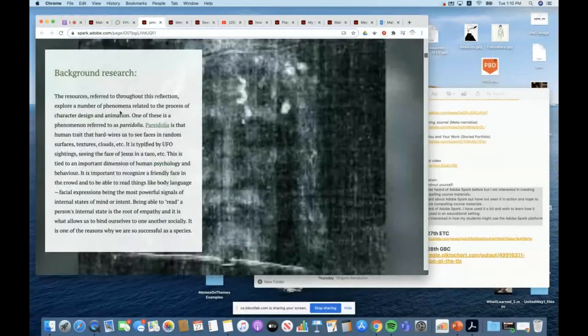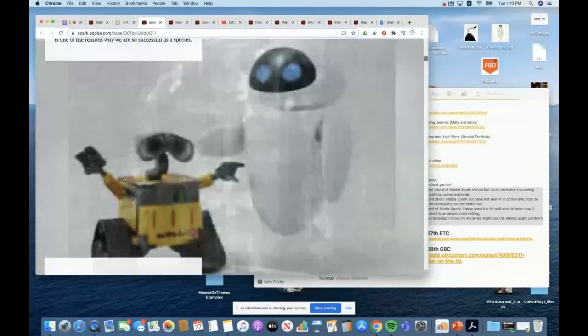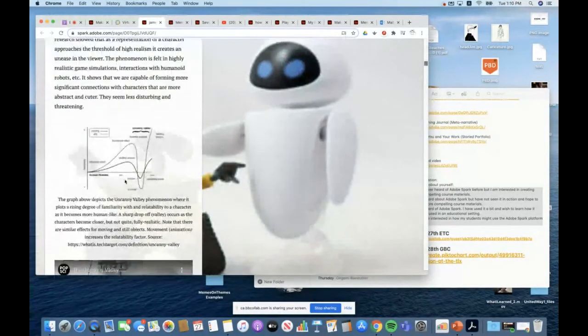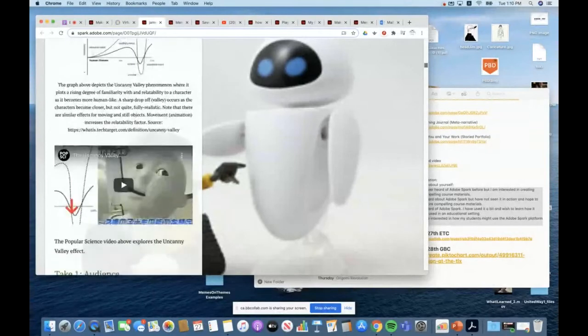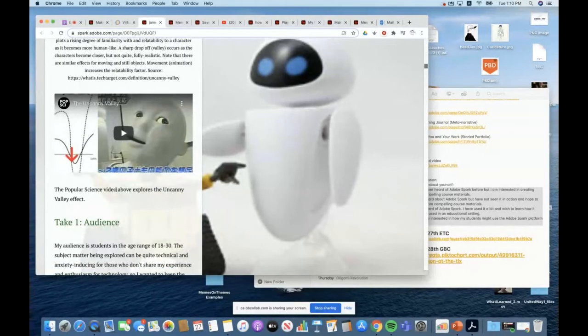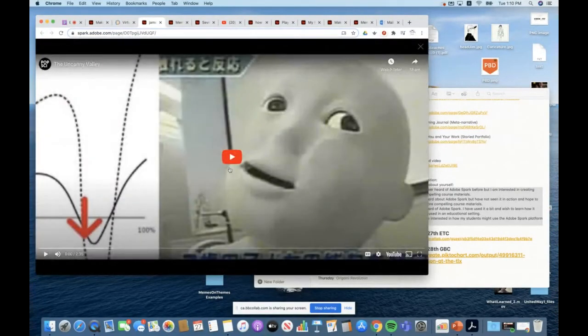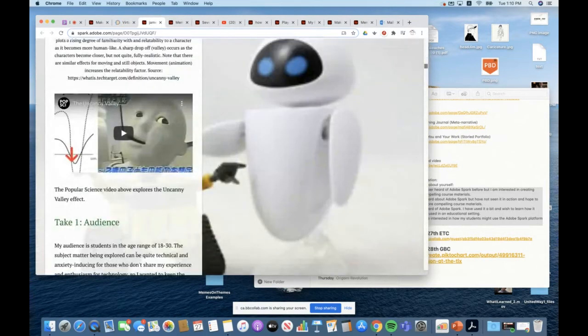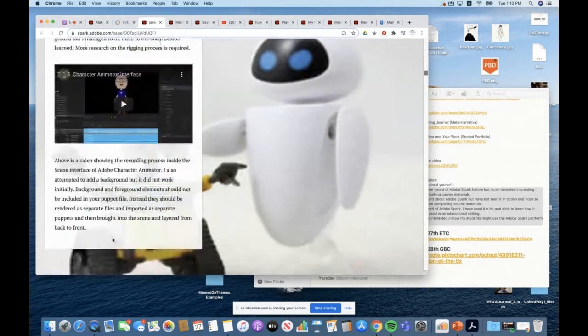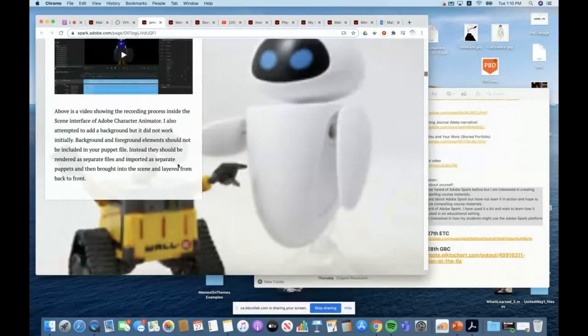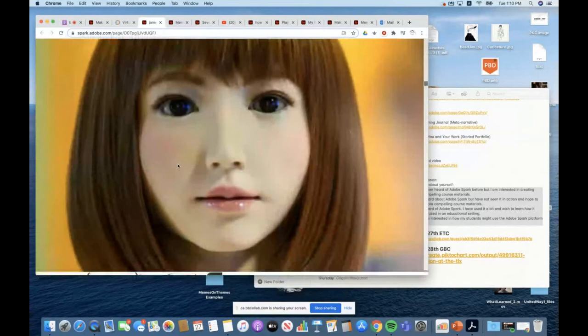And you'll notice you can have sidebar materials here, lovely full screen graphics. You can embed videos. This is a video from YouTube. It's talking about the uncanny valley effect. The student clicks on it, it takes them to YouTube. I'm not going to play this video for you, but you can see firsthand how that works exactly. And it expands it to full screen. And again, you can embed more videos and you can embed graphics.